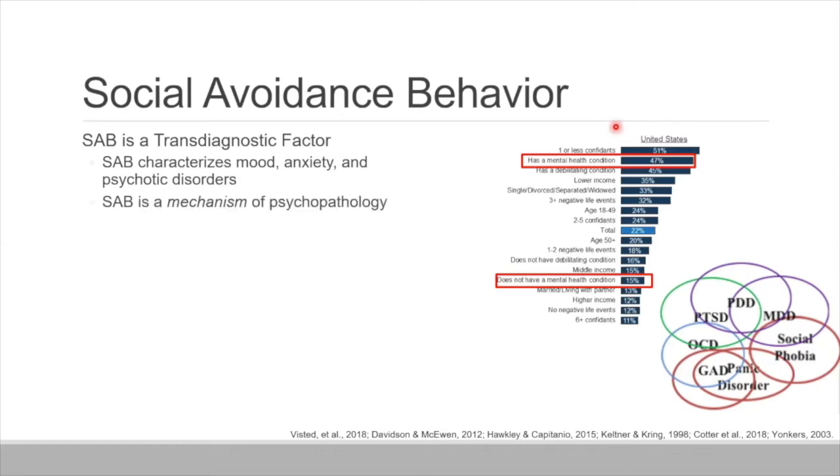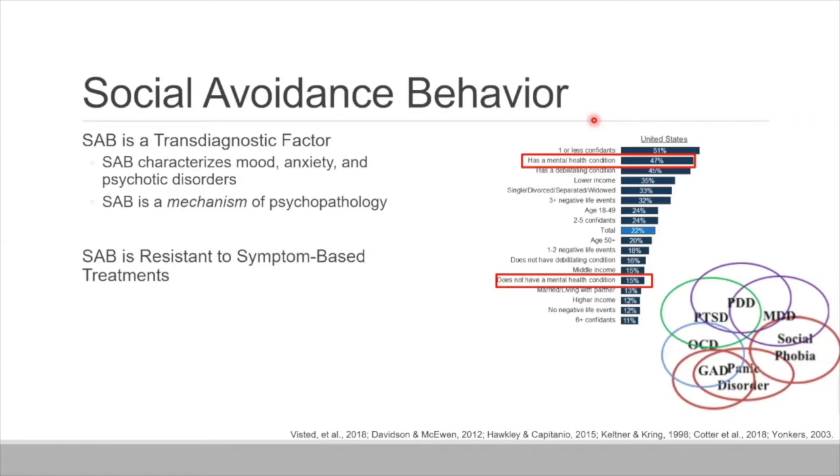And importantly, social avoidance behavior doesn't seem to be just a symptom of psychopathology. It's not something that just comes around because you're having problems with mental health issues. It seems to predate a lot of mental health issues. So before the onset of a major depressive episode, you start to even see social avoidance behavior before the symptoms fully converge. So beyond just a symptom of the problem, it actually seems to be a driver of some of these problems.